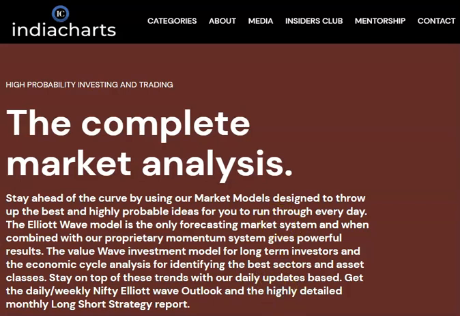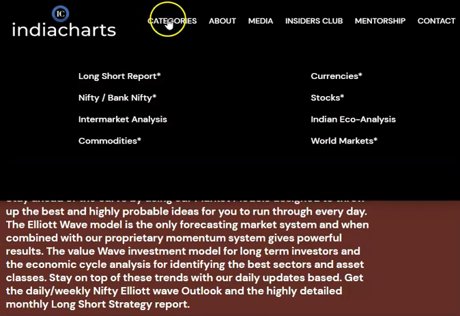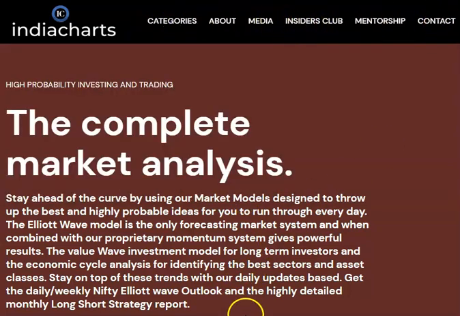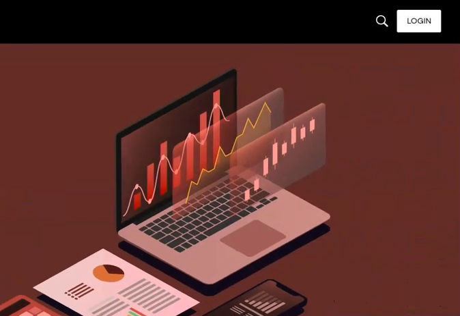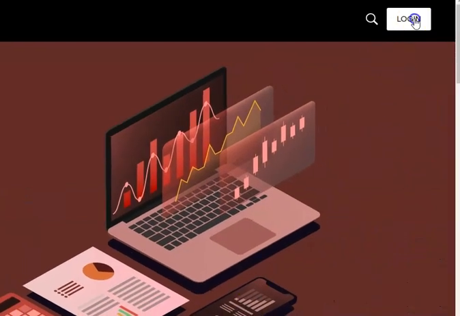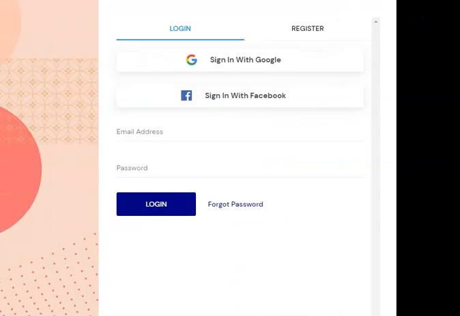So quickly, let's take a tour of the India Charts website. It's easy to navigate with all the categories and tools right on top. But the first thing that you want to do is get yourself an account. So you go to the right hand side of the web page and click on login, and you need to